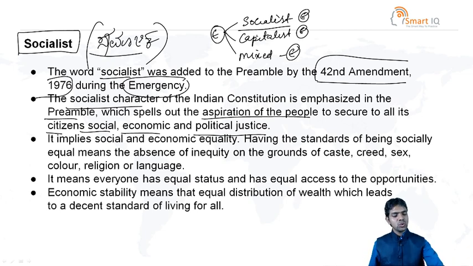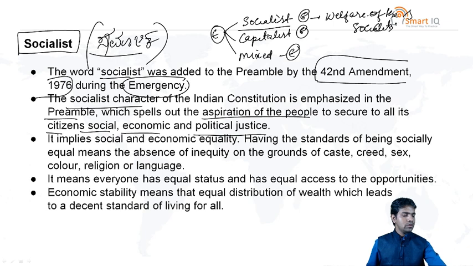So what is the socialist economic system all about? In the socialist economic system, the focus is only on the welfare of the state and the welfare of the society. Welfare of the society means the public or the people are important. This is also called the public economy. Here the people or the community are more important. There is no profit here, only the welfare of the people, the society and the state.